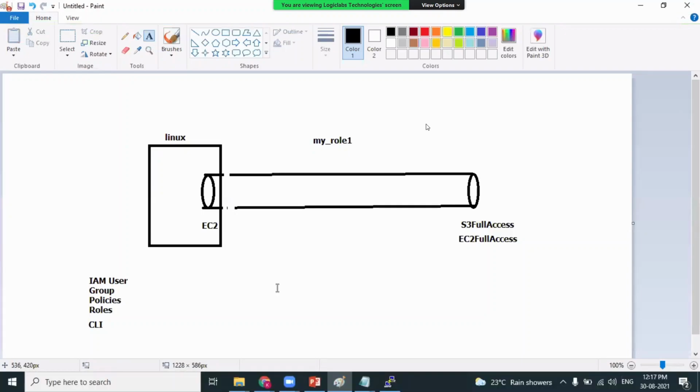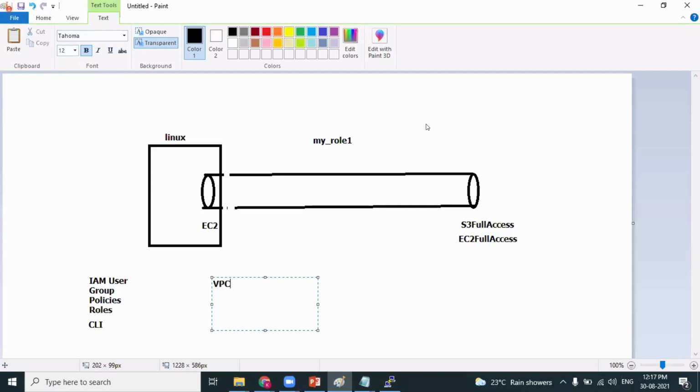Tomorrow we are moving on to the next service, which is the most important service in the course. It is the most preferred service, where you get the most number of questions in the interview. The service we are starting tomorrow is VPC, which stands for Virtual Private Cloud. The next 4 sessions will be completely dependent on VPC, Virtual Private Cloud, one of the most important services in the course. You get the most number of questions about VPC when you are attending the interview.